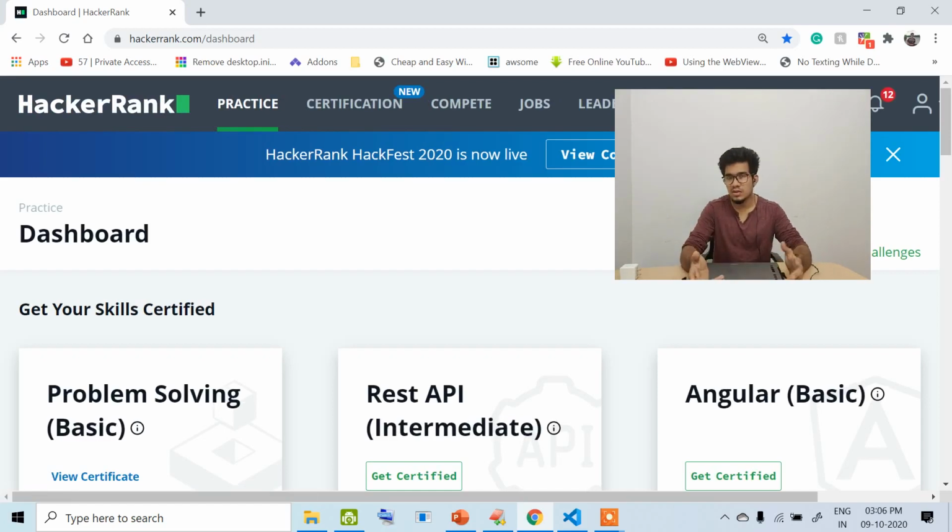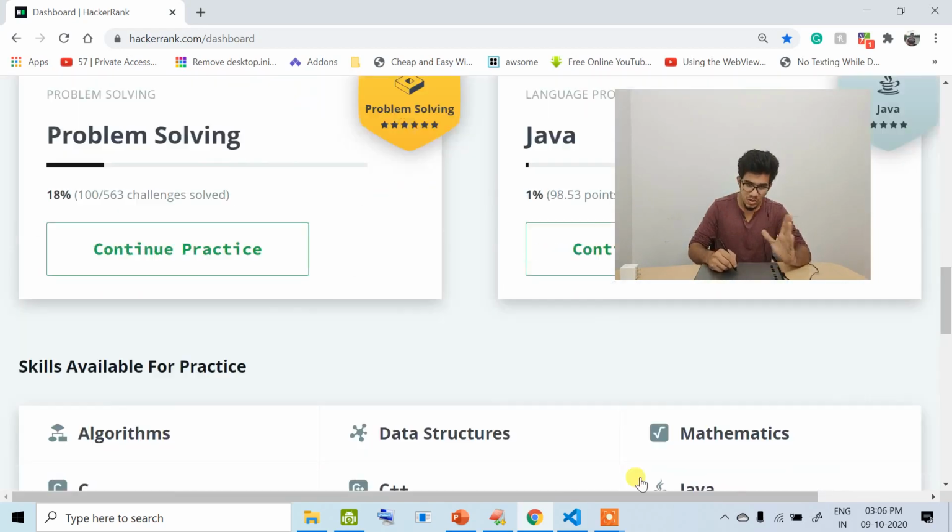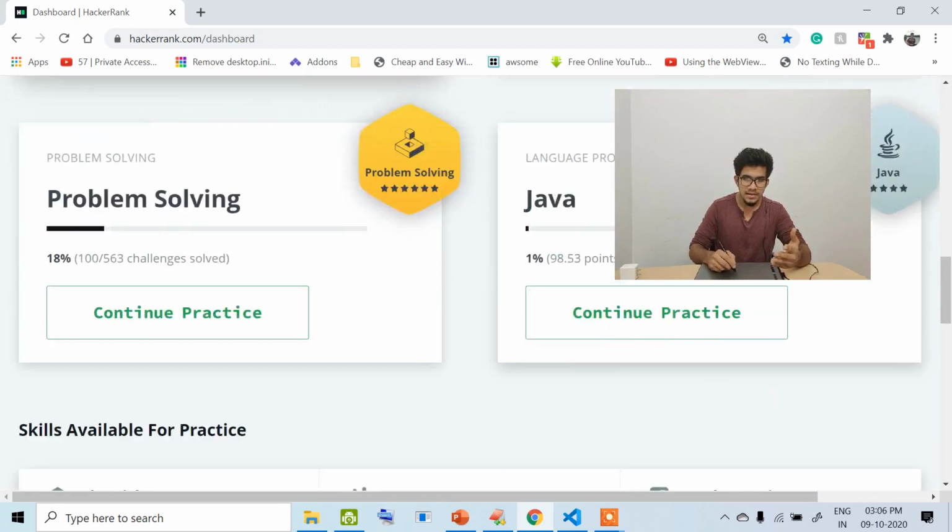How to make an account? It's very simple. You open HackerRank and you sign up with Google or Facebook. The way you open a Twitter account or a Facebook account, same like that. Here also you can open one. There is not much difficulty in it. Once you open your HackerRank account, go below and